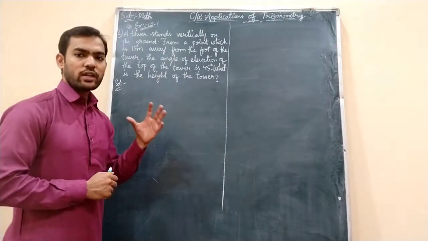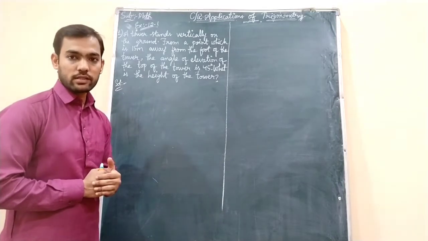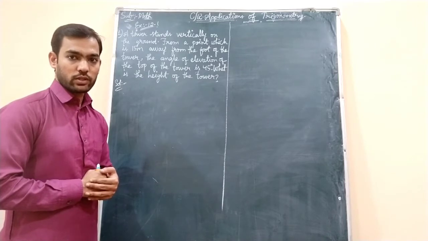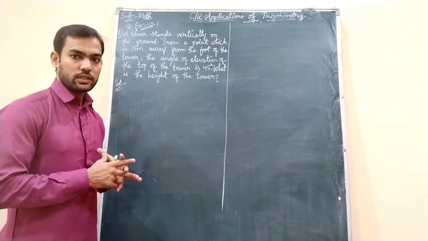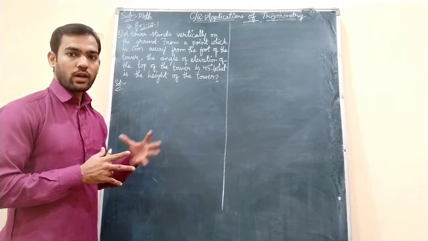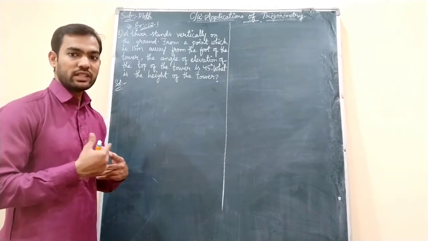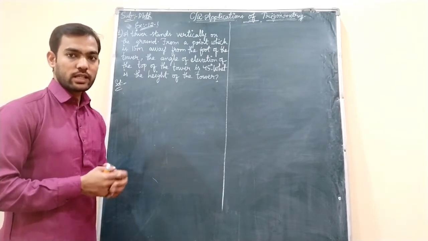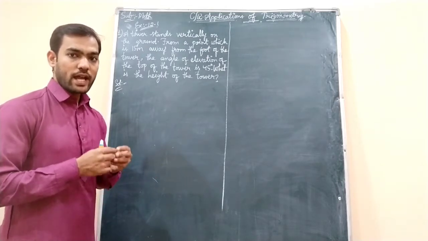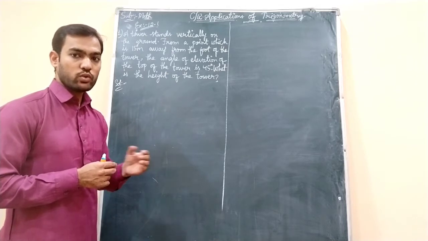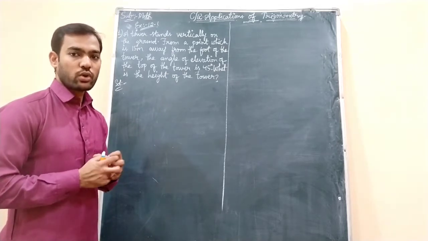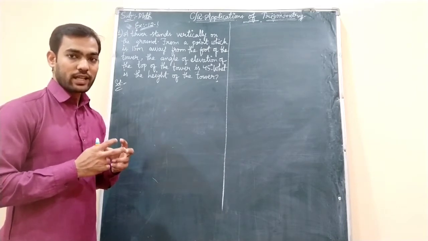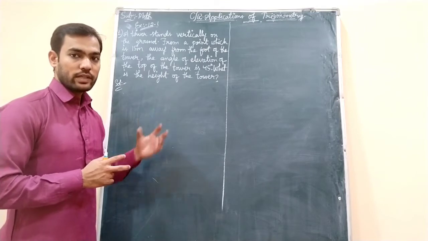Firstly, drawing of the diagram is very important, students, in these exercise problems, Exercise 12.1 as well as Exercise 12.2. I mean to say that this complete chapter is 50% dependent on drawing of the diagram, because if you commit a mistake in drawing the diagram, you may commit errors in solving it also. That is the reason drawing of the problem is very important, and in examinations, for 1 mark or 2 marks, you will get questions just to draw the diagram. So just identify and analyze the importance of the diagram in these questions.